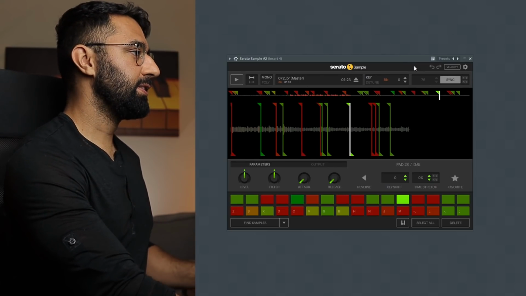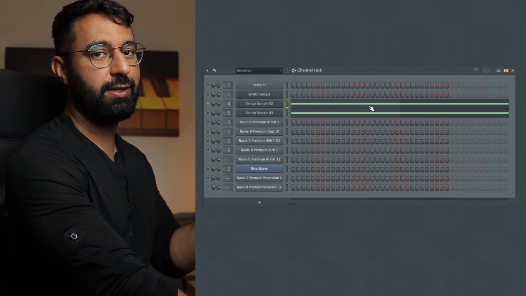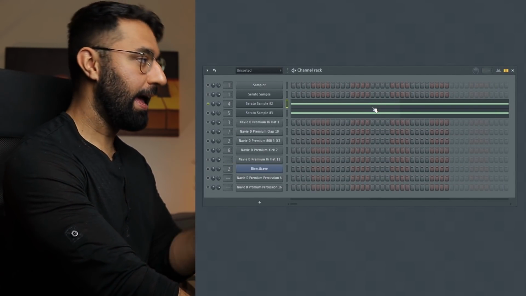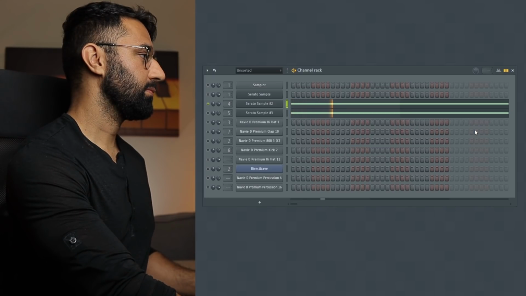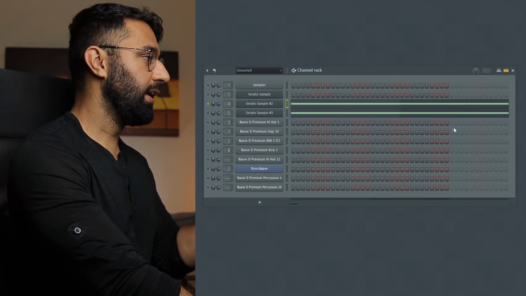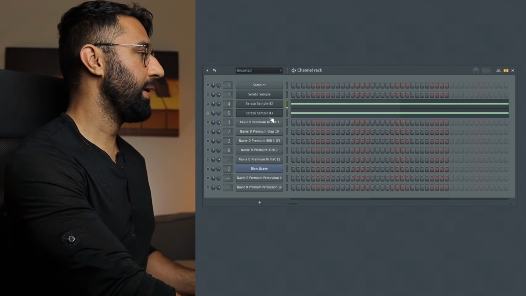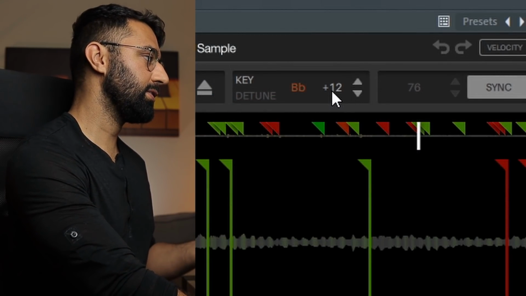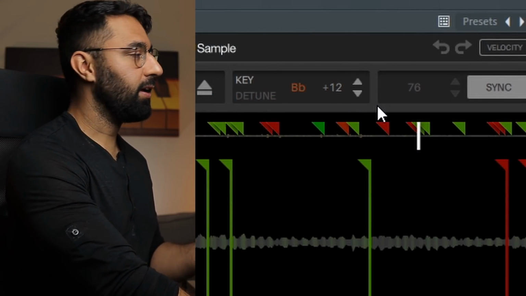And I split this one section out amongst 2 different layers. As you can see, the first layer I added halftime to it. And the second layer right here, what I did was I pitched this up 12 semitones, as you can see right here. And then I added shaper blocks to alter its rhythm.